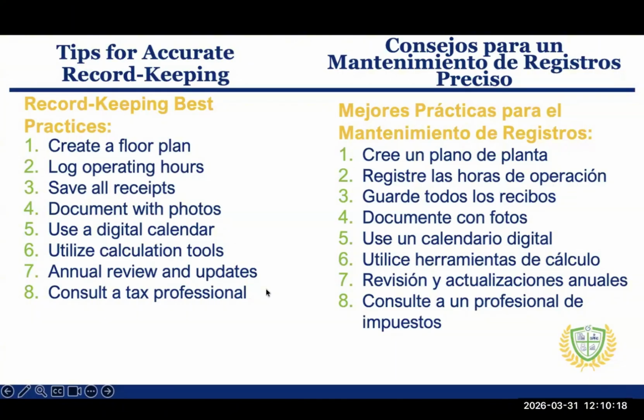Also, you can use a digital calendar to track days of operation, including any closures or special events. Another thing you can consider is using a time-space calculation app or spreadsheet to make annual calculations easier. Then you can review and update your calculations at least once a year or whenever there are significant changes to your space use. Or if you change your operating hours, that will definitely affect your